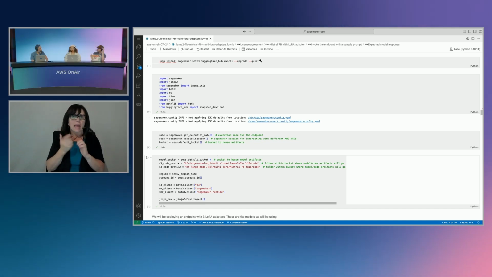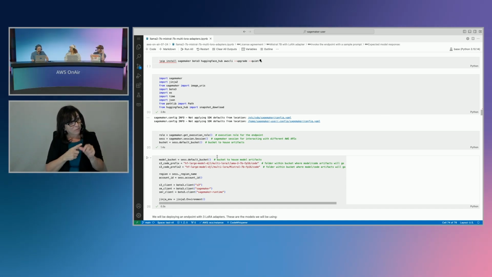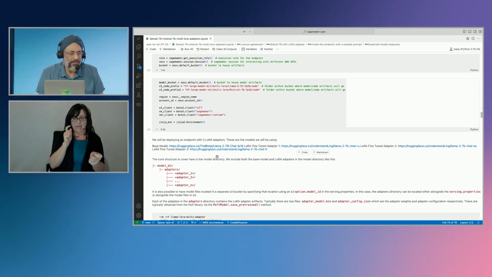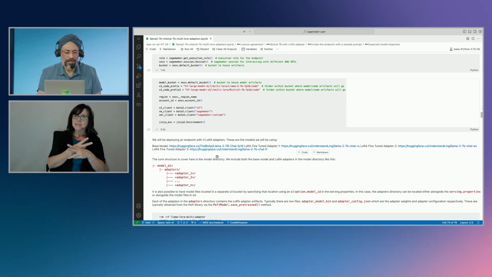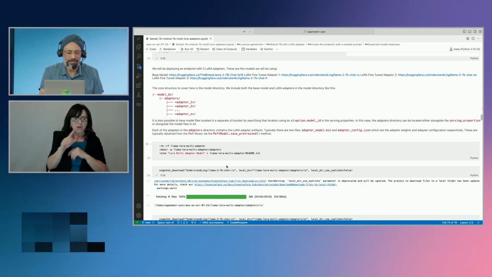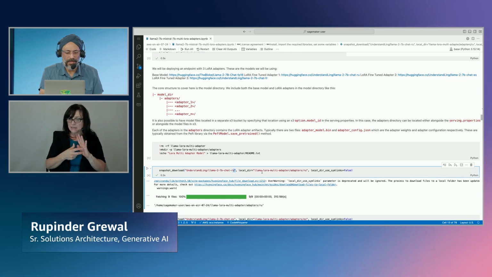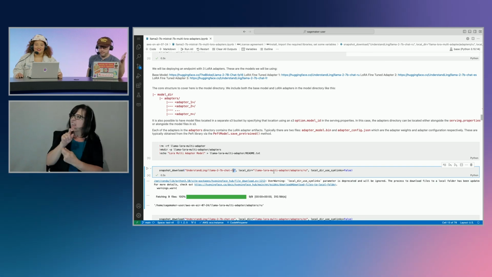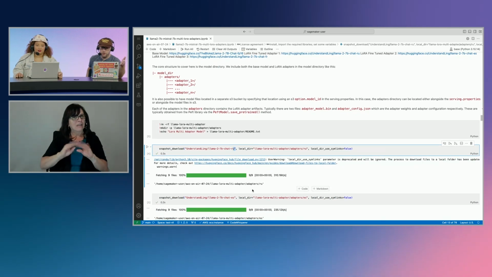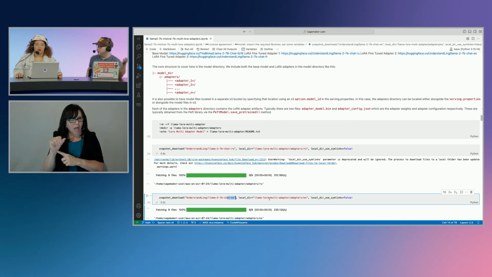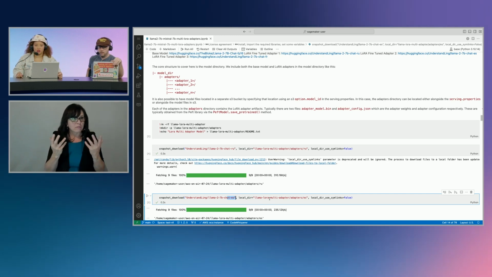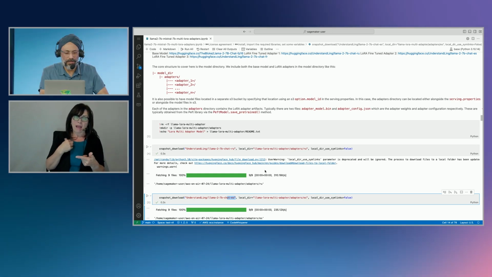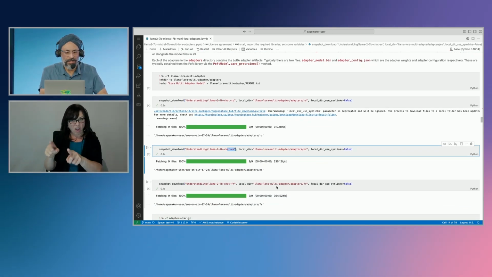So are we going to create an adapter first? Tell us what we're going to do. Okay, so we can create an adapter. But now the world has kind of moved on. There are people out there who have already done the work for you. Clearly the Russian adapter for Llama, this is a 7 billion parameter model. There's the Spanish one there, and I've got the French adapter as well. So I've got all of these adapters pre-built.